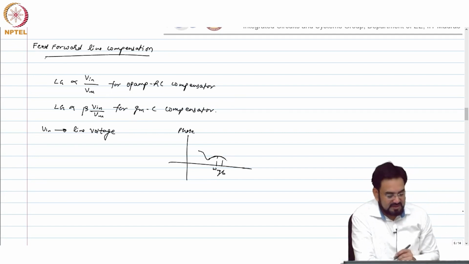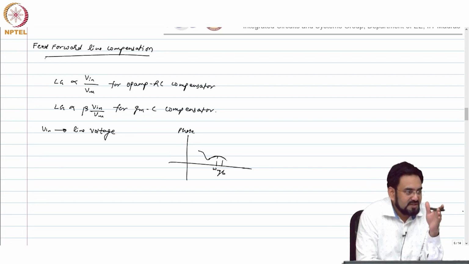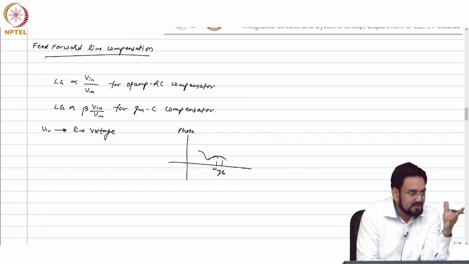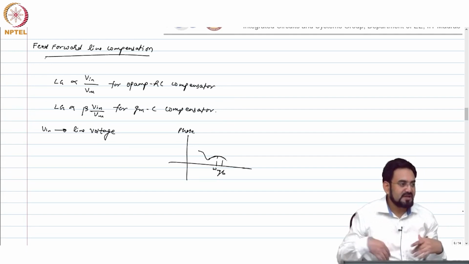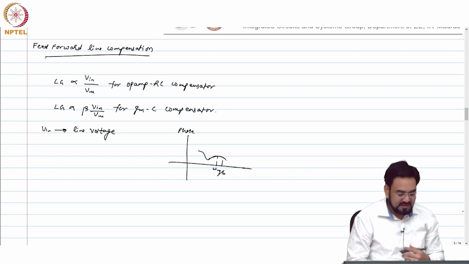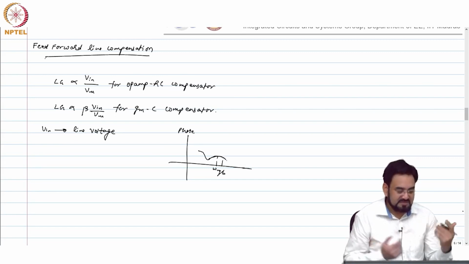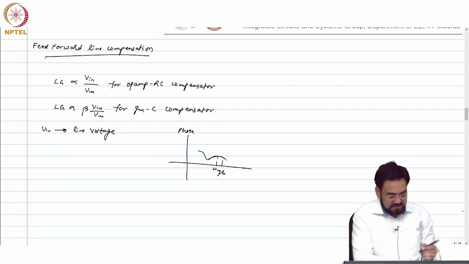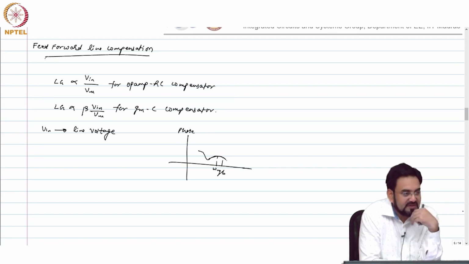So what you want, once you have designed it for 100 kilohertz UGB, is to keep your UGB around that. If you reduce it, your transient response will be bad, because your loop will not respond to any load transient or line transient. If you increase it and keep the phase response the same, then your phase margin will reduce. So how can we compensate this? We have to reduce or eliminate the effect of this V in. How can we cancel the effect of V in?